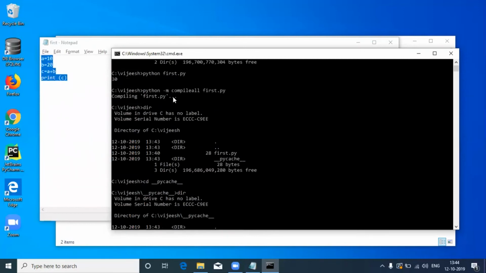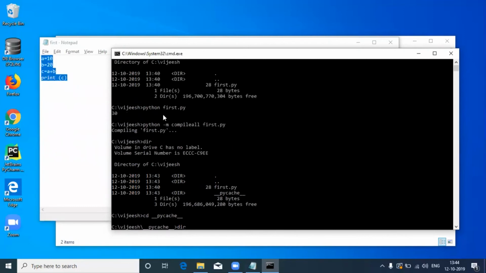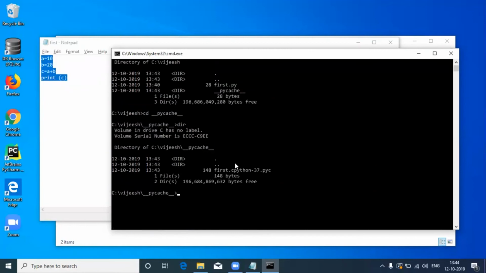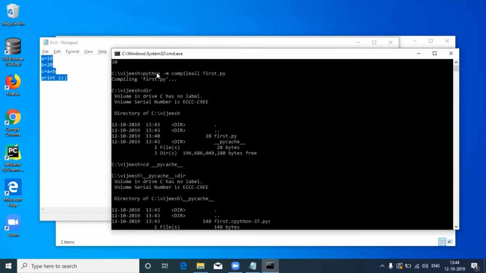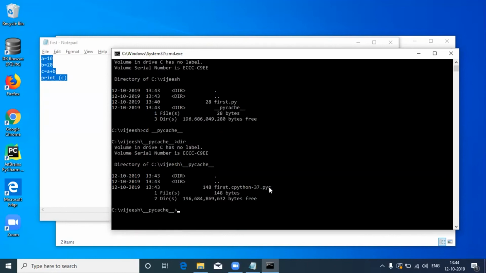Earlier, when I executed Python, I provided the Python file name. What happens there is that it translates the program and does the execution as well. Here we are just compiling, it is not executing the file. So here I have provided an option in this command, python -m compileall. What file to compile? If you provide a particular directory, it will compile the files inside the directory. So here I have a pyc file.